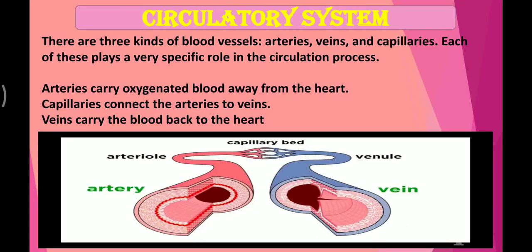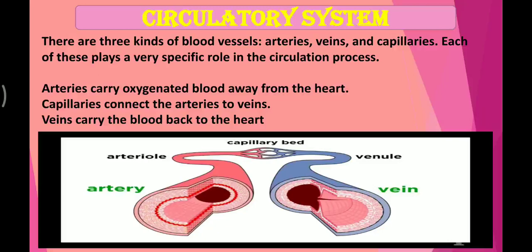Ma'am, anyway blood is flowing together only. Why are three types of blood vessels needed? Confusing. But it has its own system. The blood which carries oxygen will go in one type of blood vessel. The blood which does not have oxygen, which is carrying carbon dioxide, will go in another. And other things released from the body will go in other blood vessels. Let us study in detail.